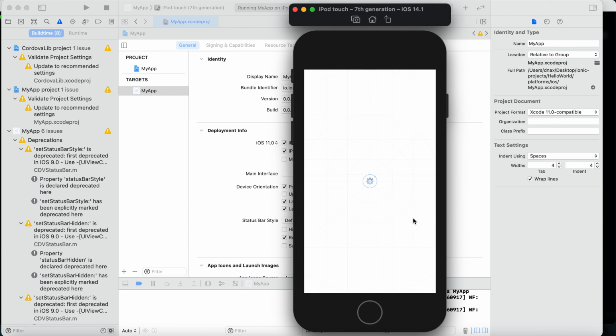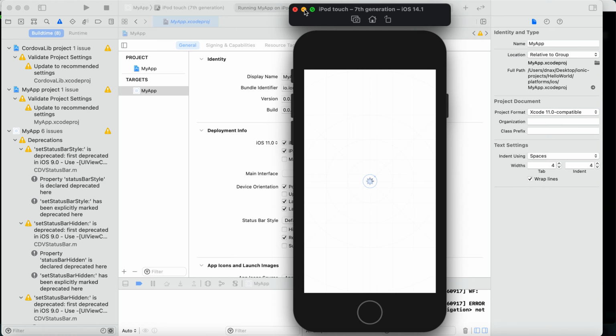Bingo, it's open, it's loading. So you need to add the platform from the command line interface, and then open the project in Xcode. Of course you need to install Xcode. Without installing Xcode, you cannot run an iOS app, that is for sure.